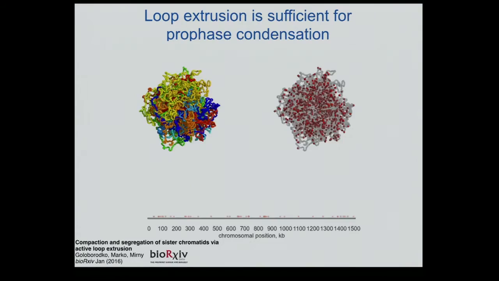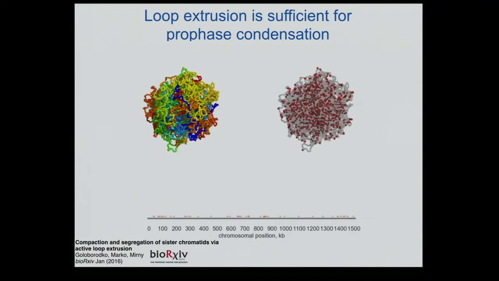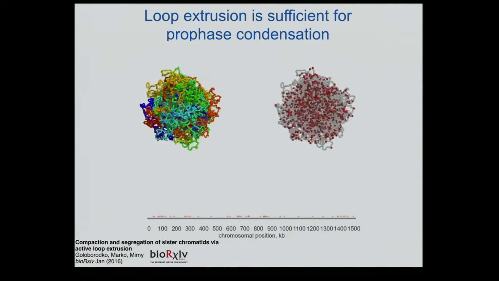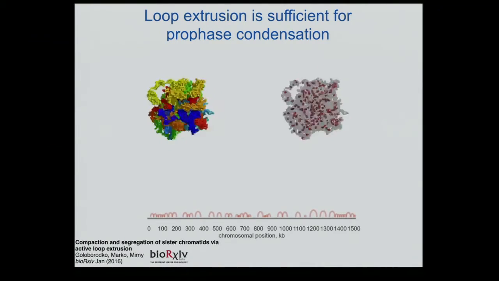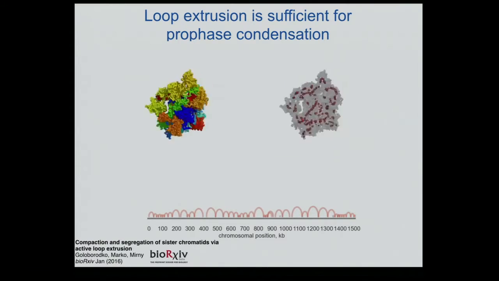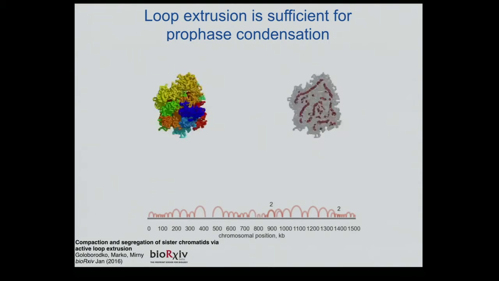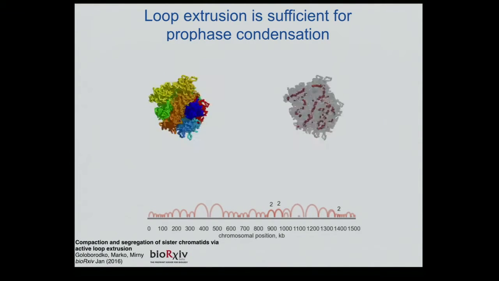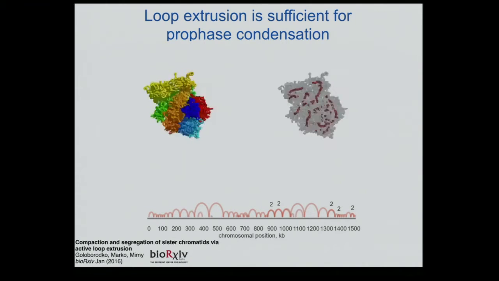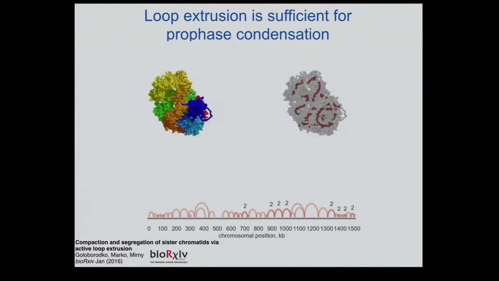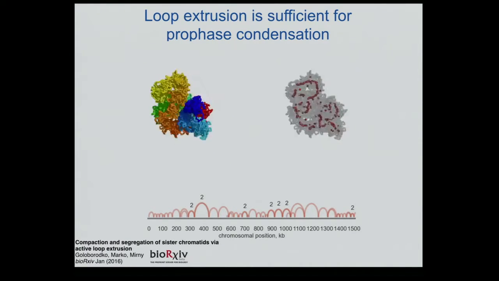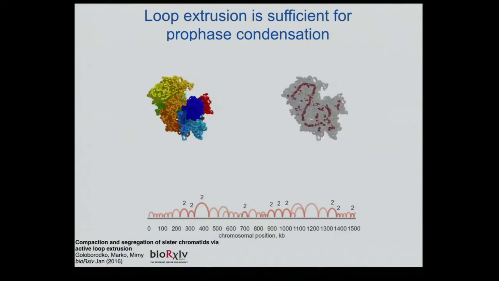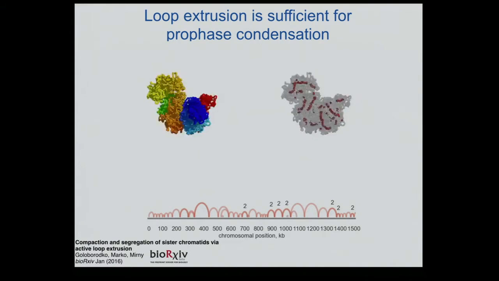And if I apply loop extrusion to the system, so these are simulations where we just take one polymer, and these are loop extruders, and they'll be exchanging and forming loops. These are loops formed, shown as an arch diagram. The number here shows that this loop will be reinforced. You see, that's a loop within a loop. And then the moment it reaches the big one, it becomes number 2, number 3, and so on. So these are loops that effectively get reinforced by multiple loop extruders, condensins, we believe in this case.